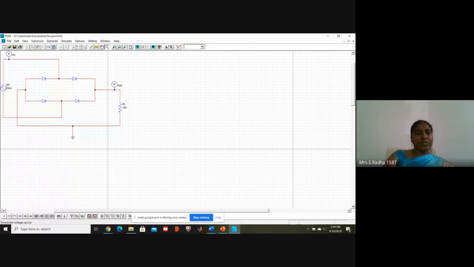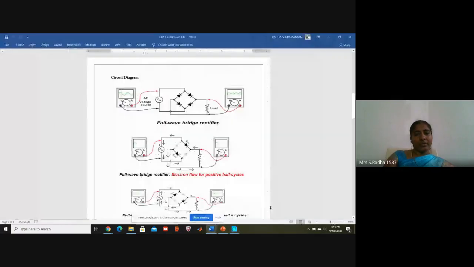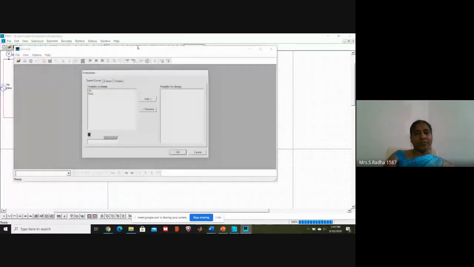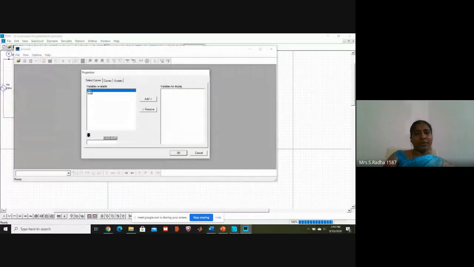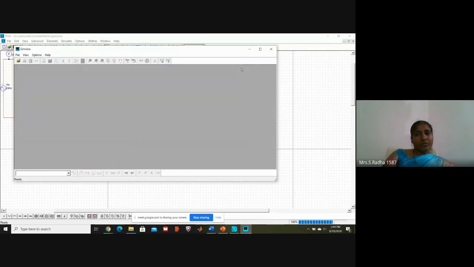Input I have given 23 millivolts and here I want to see the input waveform. RL value I have given 100. Across the RL I am going to see the output waveform. Across RL, whatever waveform is there, I am going to see as the output waveform. If you simulate this, if I see only the input waveform,